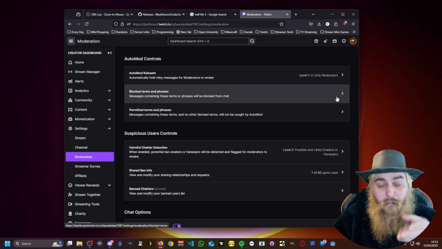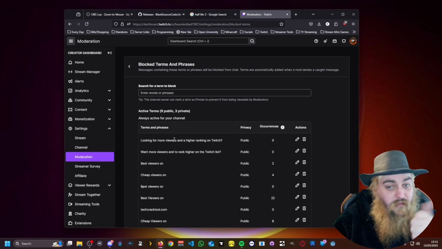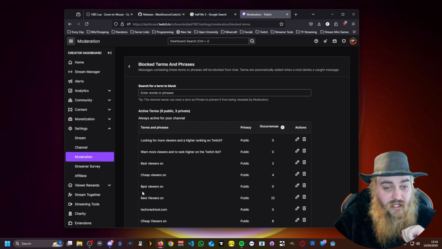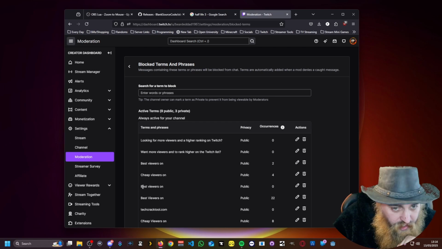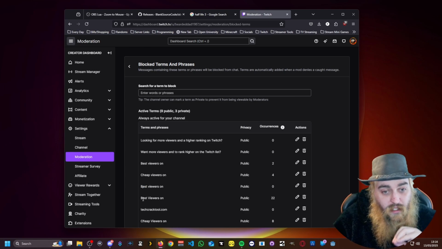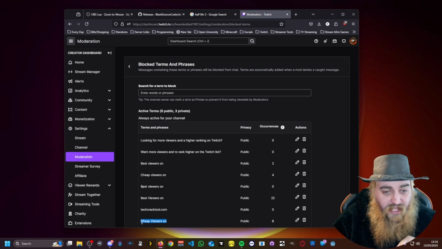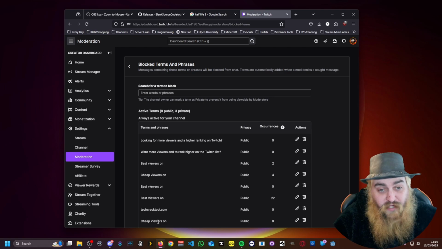Another great tool is the blocked terms and phrases. Obviously, I'm not going to show you the full list, because there's a reason some of these are blocked. But adding phrases like looking for more viewers and high ranking on Twitch, best viewers on, cheap viewers on. See, best viewers on again, there's that little symbol underneath part of the E that makes it a different phrase. On that one, one of the letters is again a slightly different variant. In cheap, the H has a little accent above it, making it a different phrase,